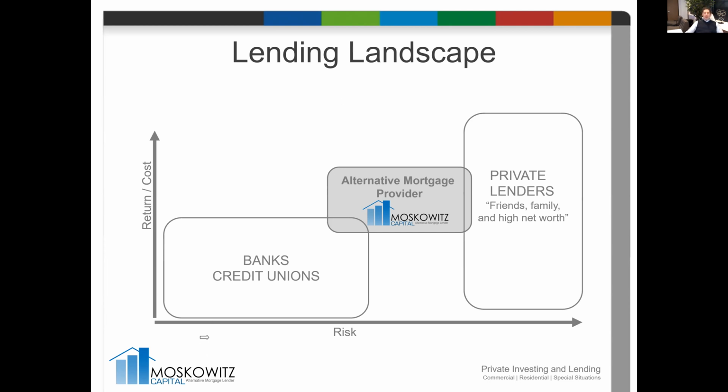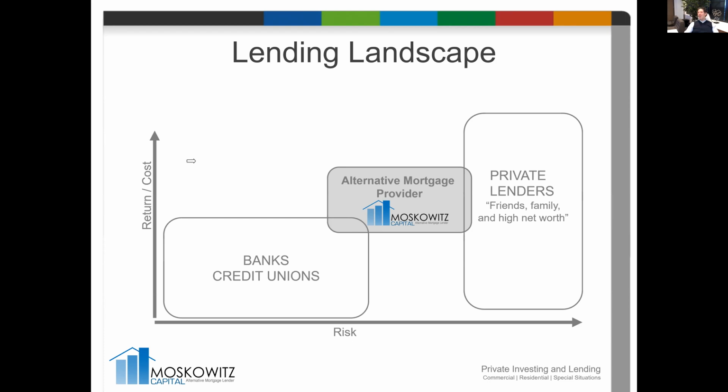So we've been using this, this is your typical risk. The farther you go out on the risk axis, the higher the risk, the higher the cost of capital. I mean, this correlation has been around since the beginning of time. Risk, return. And so we know that the banks,